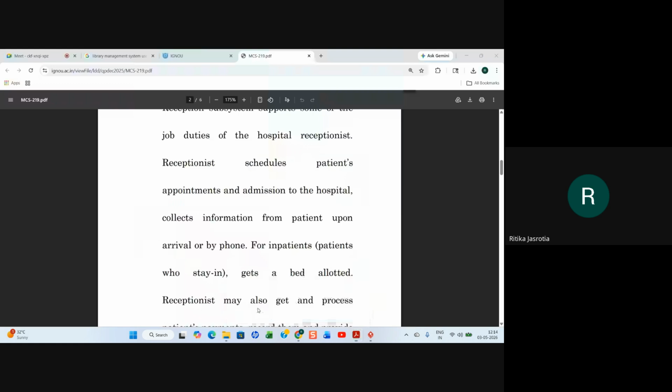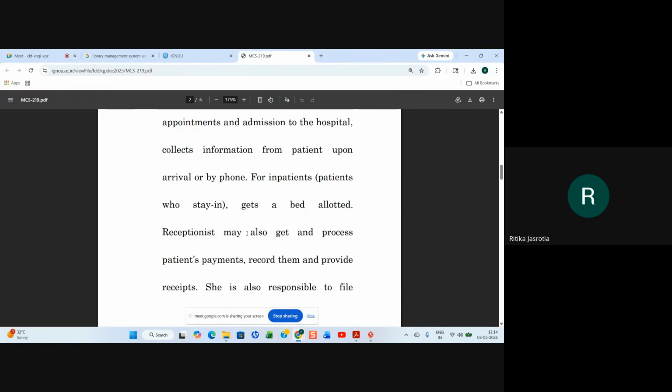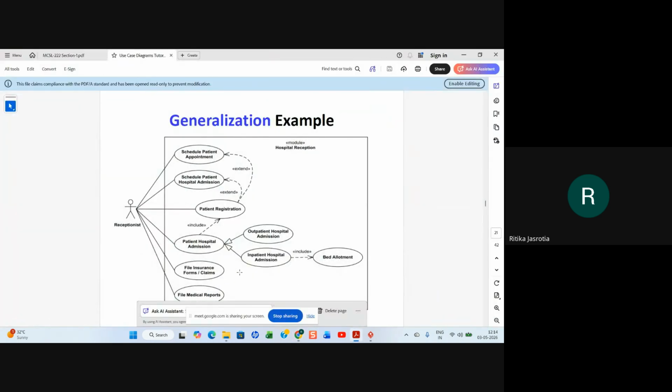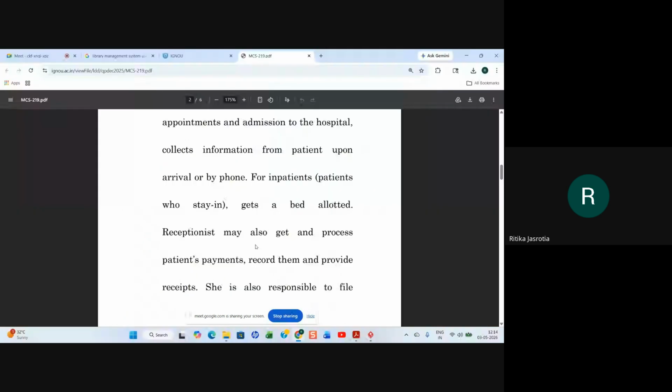Then receptionists may also get and process patients' payment, record them, and provide receipts. Whether that is given or not, you can add the process of patient payments, record and provide receipt.